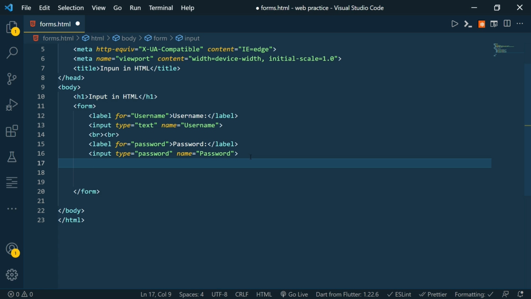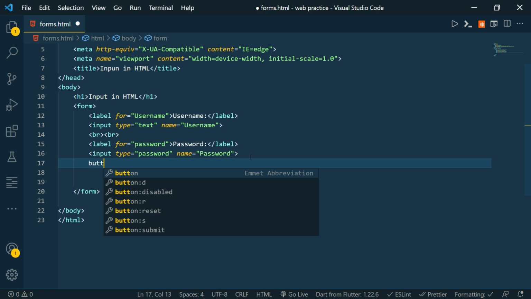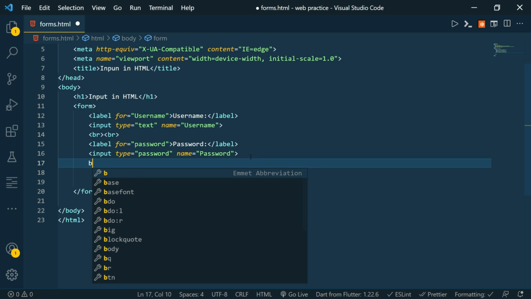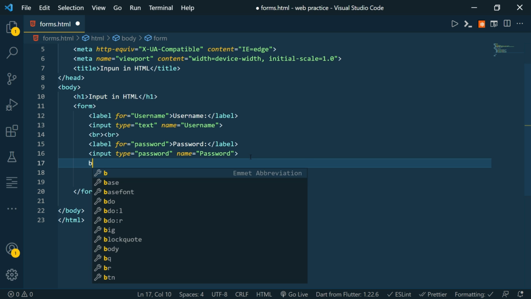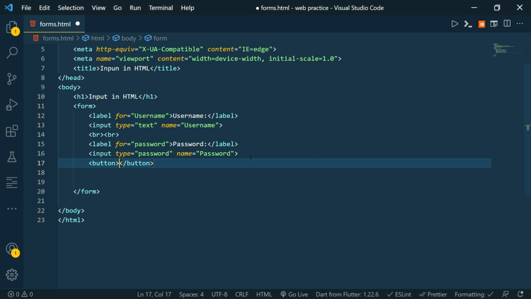We can create buttons using a separate button tag, and also using input type button. It's upon us to do so. The only difference is that the button tag has a closing and opening tag both. We can embed content in between these button tags that will be displayed inside that button, but we don't get that liberty using input type button. But in this video we will only be seeing input type button because we are dealing with forms.